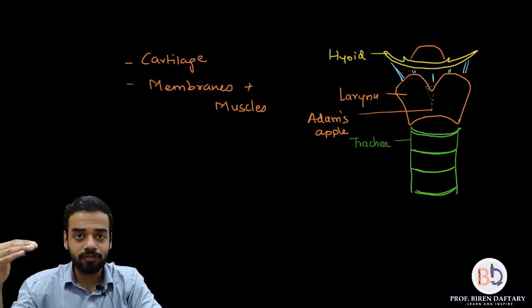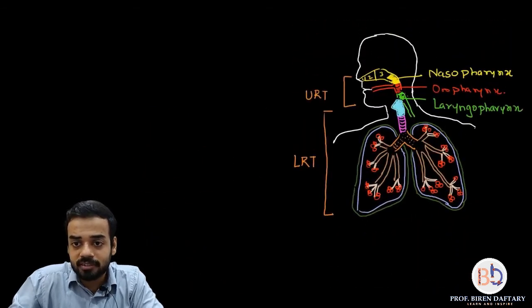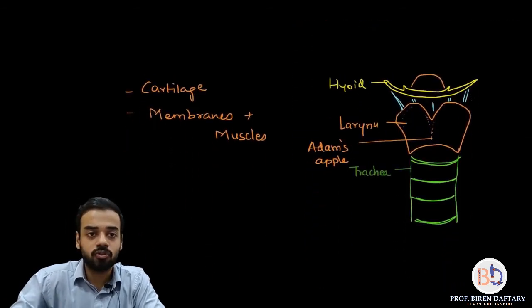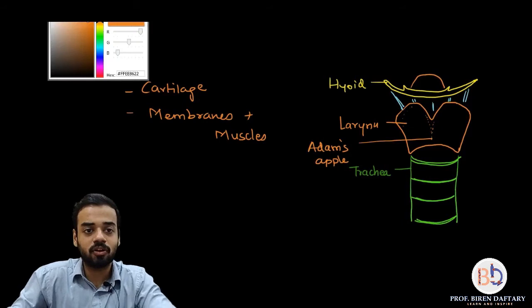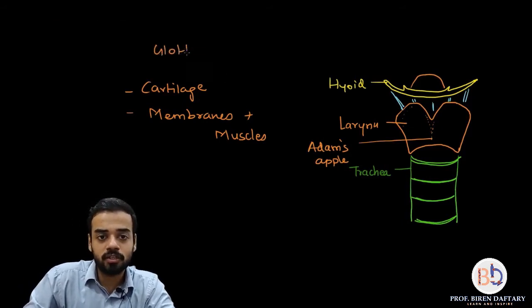the laryngopharynx. Let us go back to this diagram. This green part is your laryngopharynx. After that, this first blue surface, that opening of the larynx, is called the glottis. So the opening of the larynx is called the glottis, please remember that. I am writing the word here: glottis, the opening of the larynx.